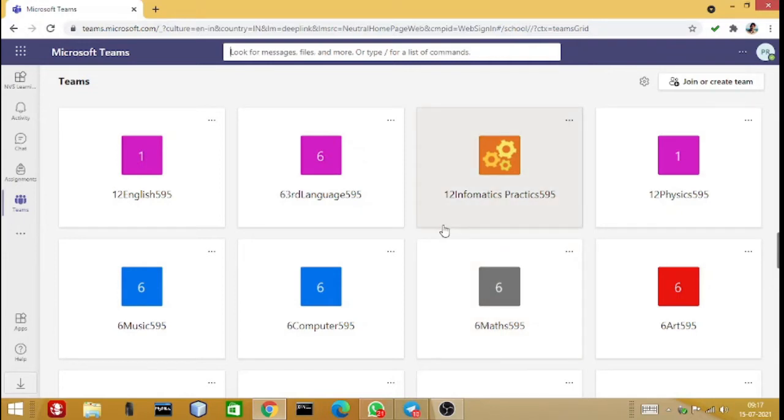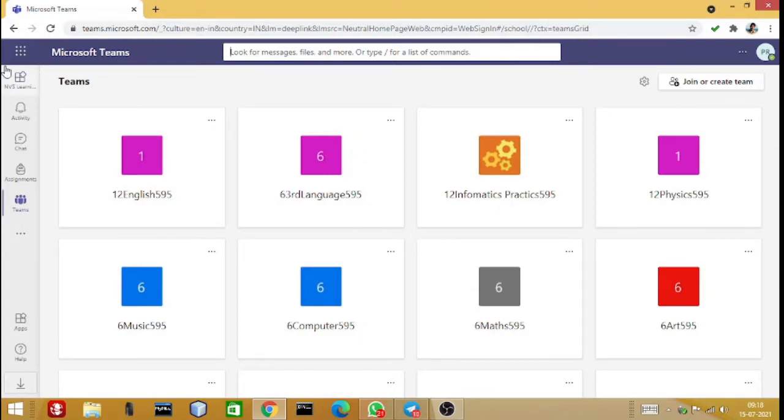You know that we have started Microsoft Teams as online classes, and a lot of students are facing a password problem. So how to reset the student password, I will show you today. And first of all, I want to say thanks to my principal, Shri Ramchandran sir, who has given me this privilege to log in to the account and to demonstrate this to all of you.